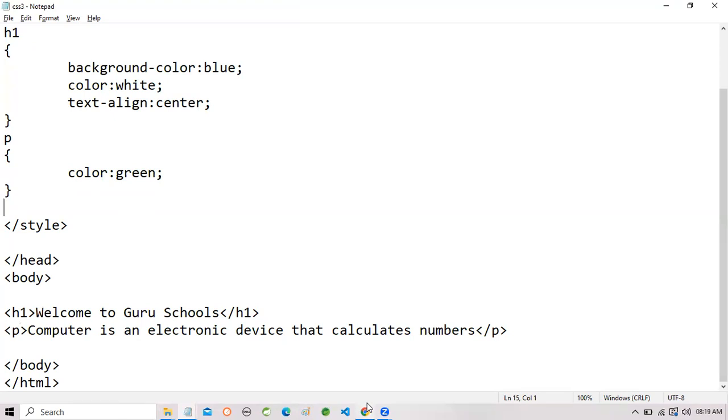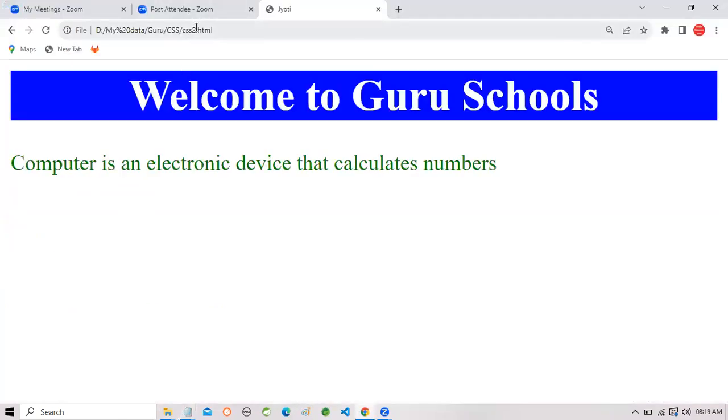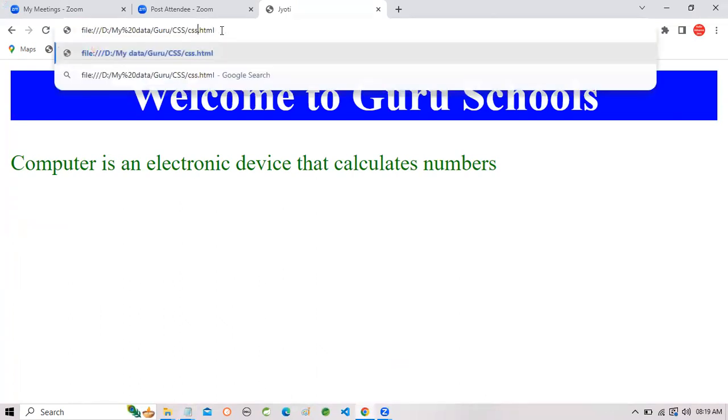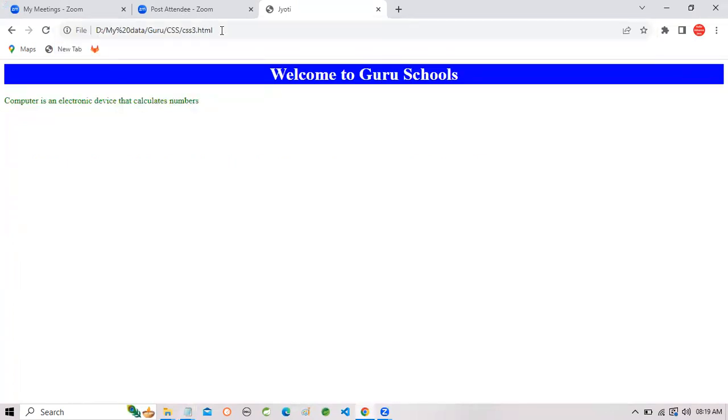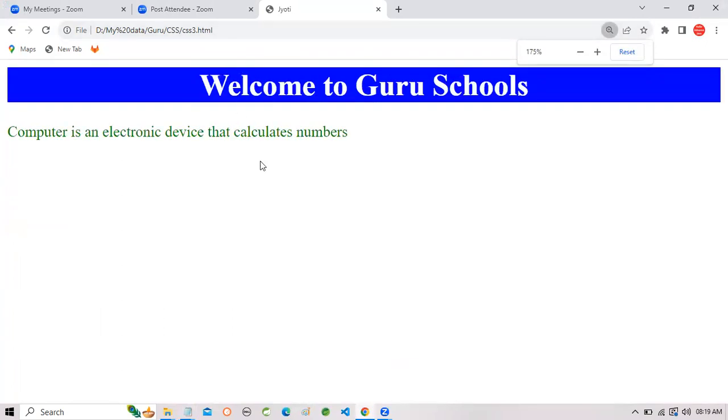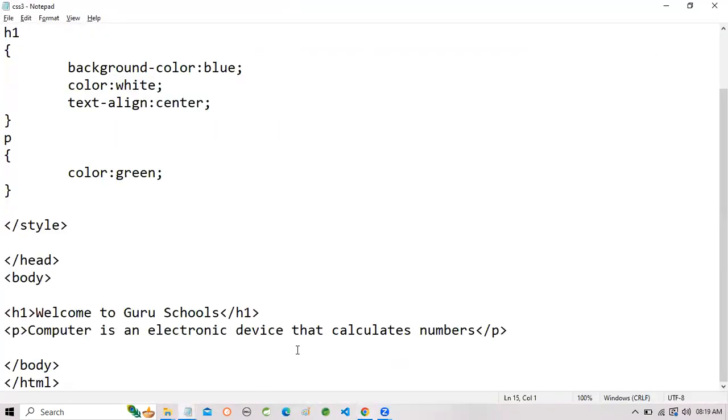Now I'm going to execute this page. Now I'm going to specify ID. So what is the use of ID? Suppose here I'm going to create a copy of